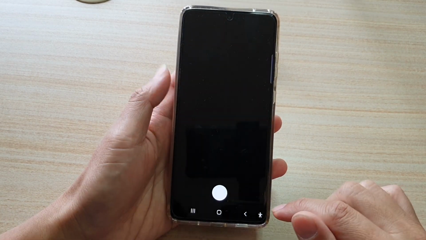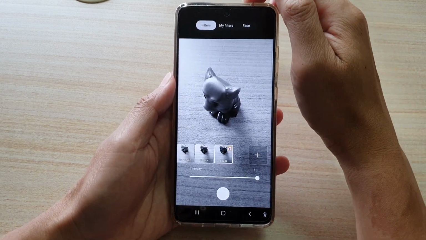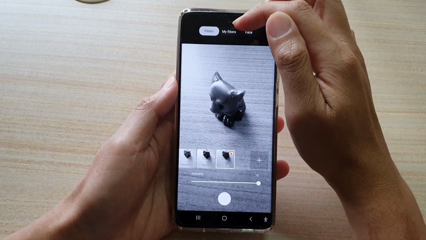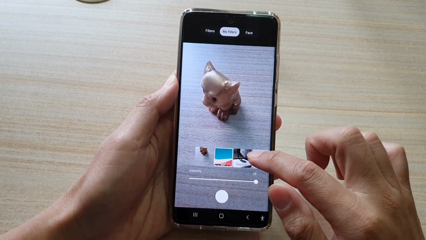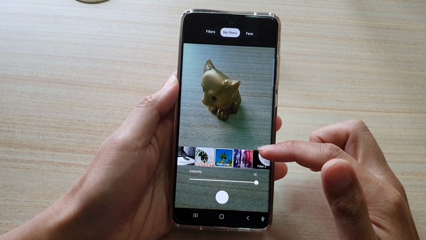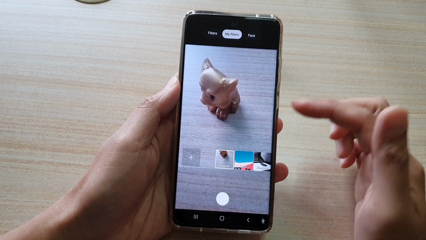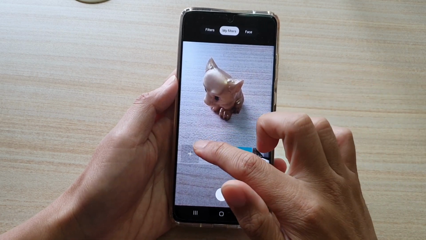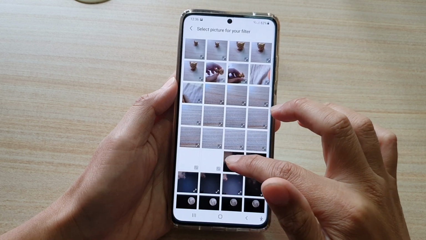Okay, so I'm just going to tap on the back key to go back in here. Now if you go back into filters, you can see at the top there are two additional tabs, one called My Filters. My Filters are filters that you can create your own custom filters based on a picture that you have selected. So say I want to add in another custom filter, I tap on the add button, and in here I can go into camera, select a photo,